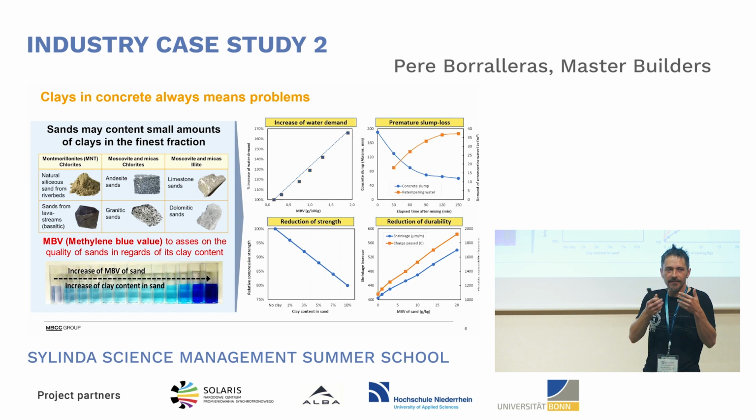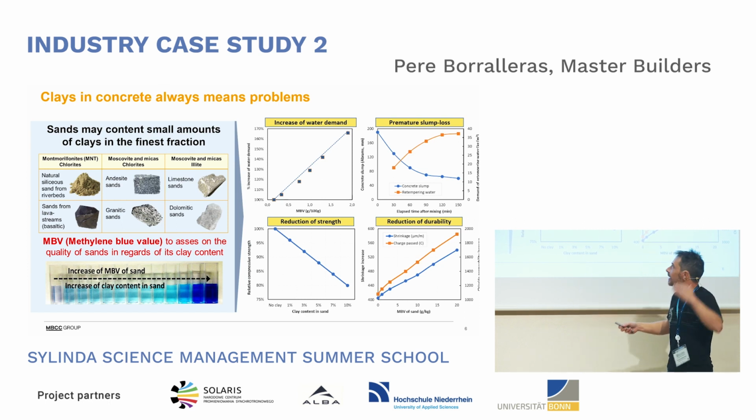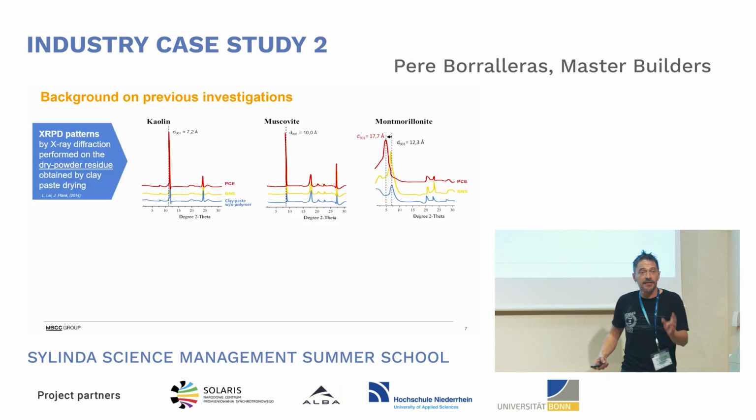But the incompatibility with the admixture, due to the role of the admixture in the fluidity of the concrete, in the end leads to the same consequence: premature loss of fluidity. In the end, keep in mind that clays in concrete always mean a problem, whatever the reason, okay? I say it is something known, and it has been well studied by many